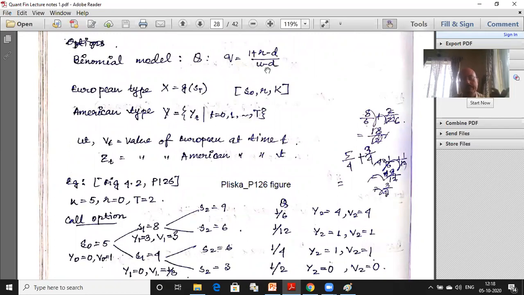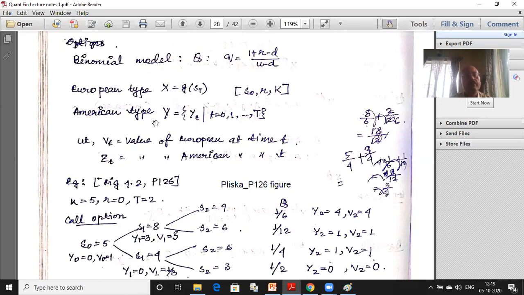We have seen this last week. And our first task would be to look at European type and American type call options. Okay. So let us do that using some simple examples. A little bit of notation. A European type option contract is basically a random variable capital X, which is some function of the terminal stock price. Of course, it depends on the initial stock price, rate of interest, and the strike price. These are all inputs, but they are perfectly known when the contract is written. So this is basically dependent on the uncertainty and the terminal stock price.